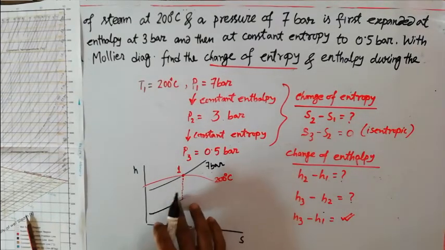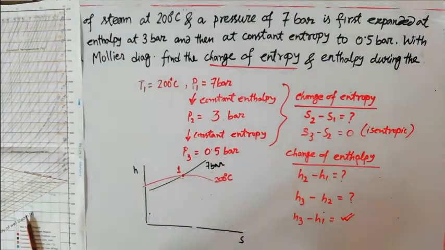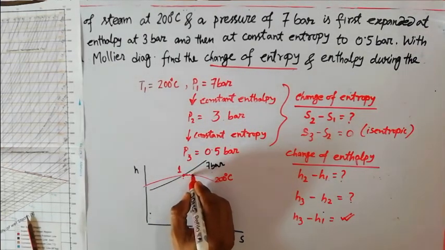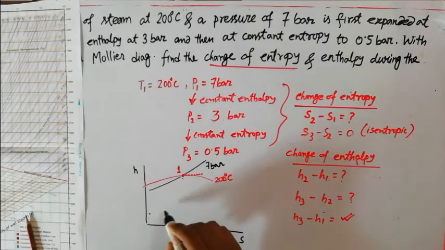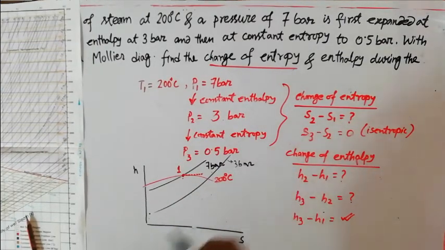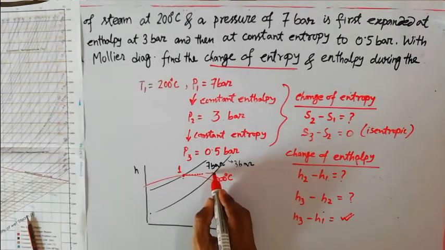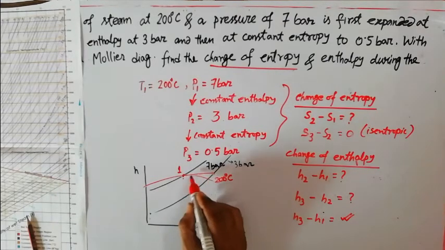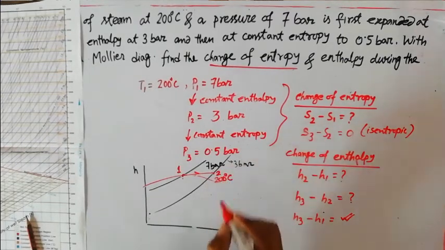Oh, sorry. You don't have to pull the vertical projection, because it is a constant enthalpy process. Sorry, I forgot. The constant enthalpy process is 1 to 2, so you have to move horizontally at that point. How much? Up to 3 bar. Assuming this one is the 3 bar pressure line, you extend that horizontal projection up to the 3 bar pressure line. So this is state point 2 I am getting.